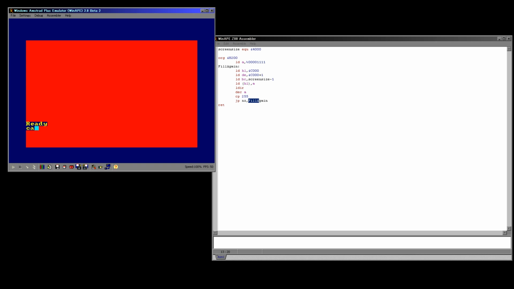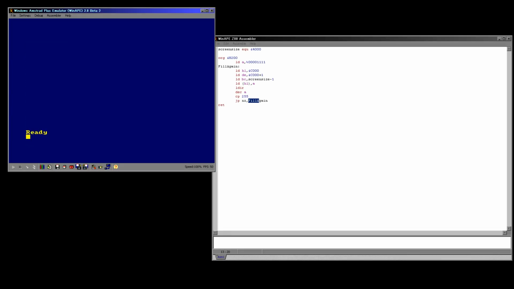So let's run this and see what happens. 8200. Ooh, that's a strange pattern, isn't it? So I'll explain what happened there, and we'll have a look at the code. So we filled A with this value here, and then we decreased it by 1 over and over again until, now we compared to 255, and the reason for that is that when a value goes to 0 and we decrease it once